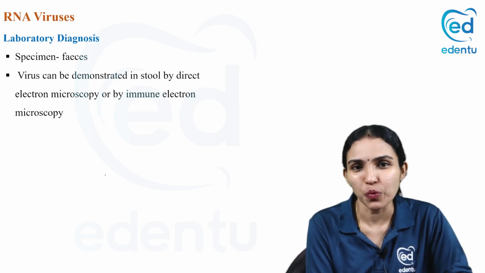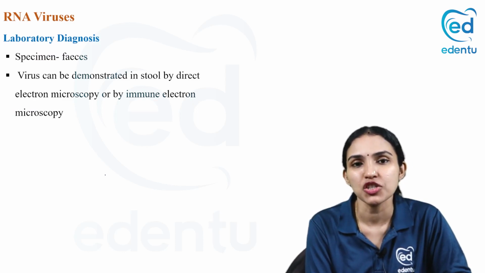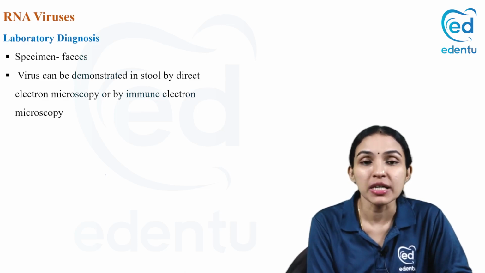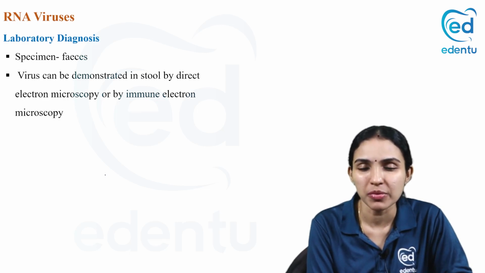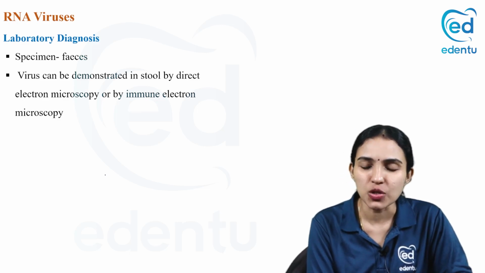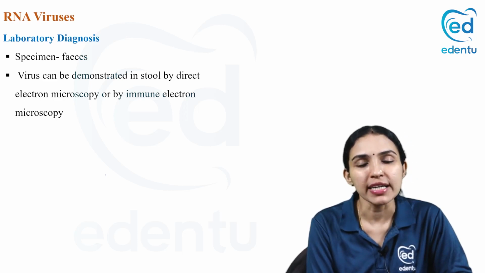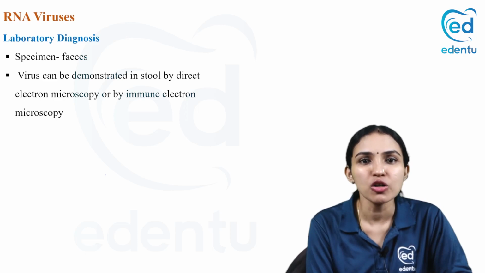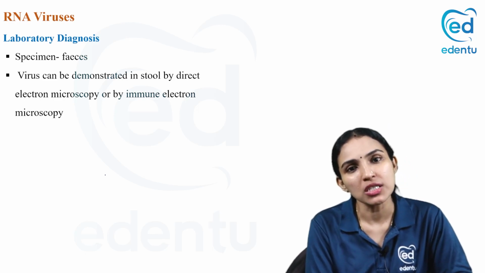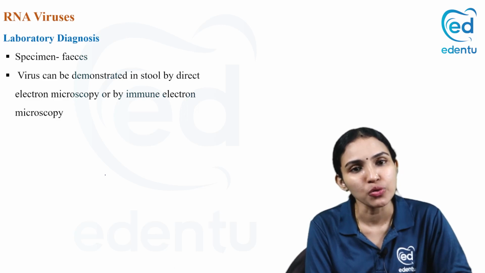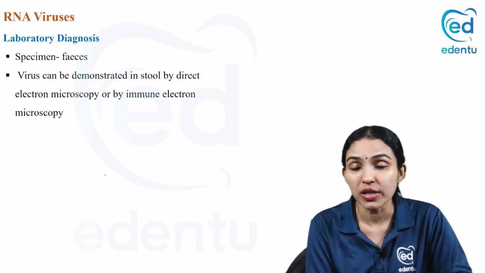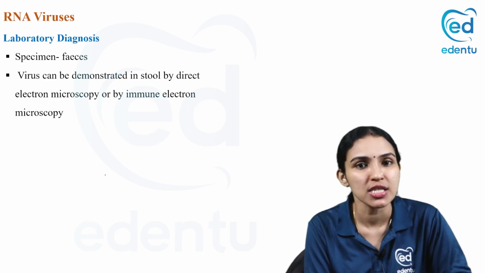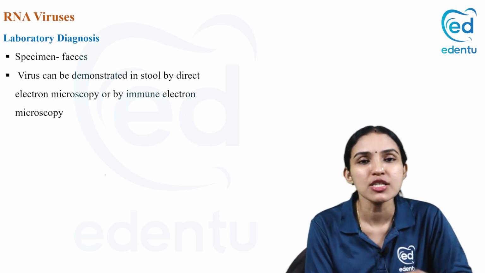Now, for diagnosis, if it is paralytic polio, it is mostly a clinical diagnosis, but at times you have to confirm it is polio. So the specimen that you're going to take is the feces sample, because the virus is excreted in the feces. It can be demonstrated in stool by direct electron microscopy or by immunoelectron microscopy. So till now you have seen many viruses, and now you know for direct visualization of virus in a fecal sample, you can go for electron microscopy or immunoelectron microscopy. Otherwise, if the virus produces inclusion bodies, you can use light microscopy, or else to see the virus structure,